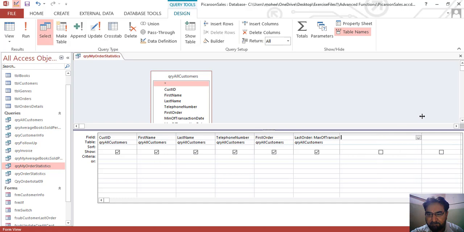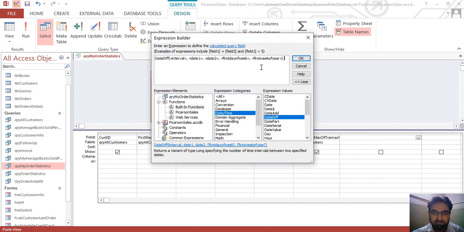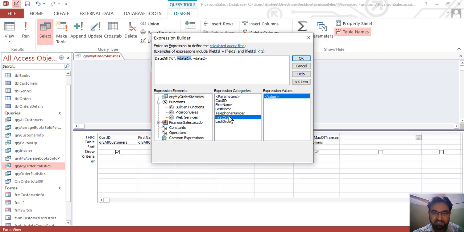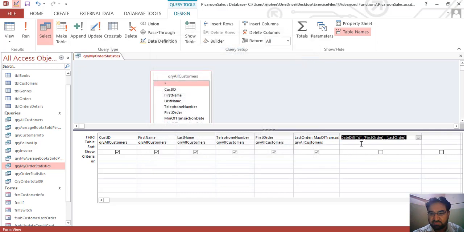Let's write our expression, the DateDiff expression. Delete these first two, delete this comma, and click this interval. And for the interval we need D because we want to see the difference of days between two orders. And the first field in this query is first order and the last field is last order, and we would like to see the difference between these two fields.